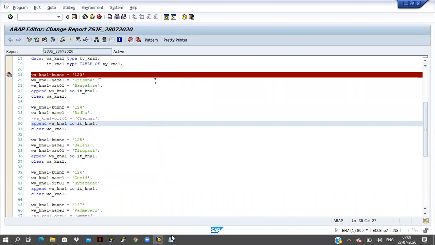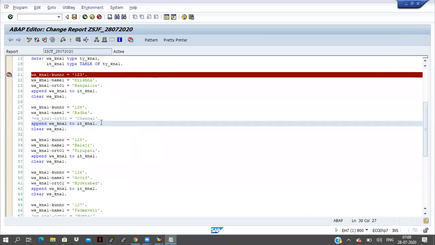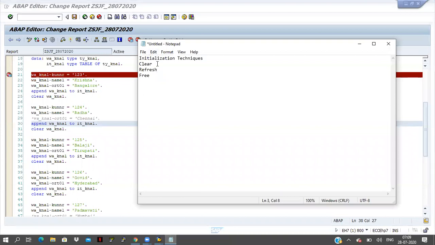So what about refresh? Clear is okay. What is refresh here? Refresh is used to delete the information from the internal table. And one more thing, clear can work on a work area and an internal table.